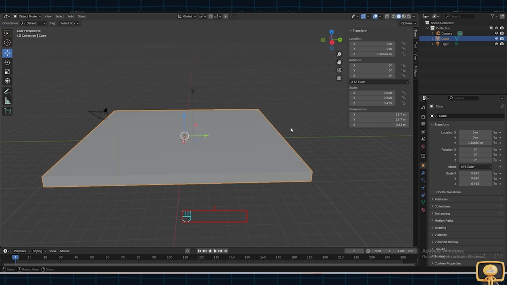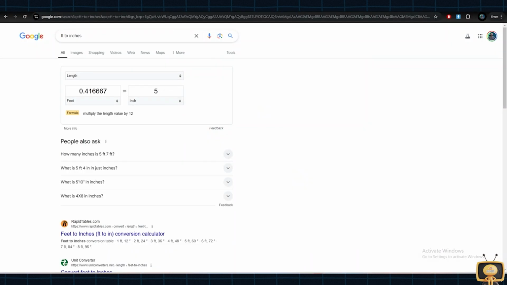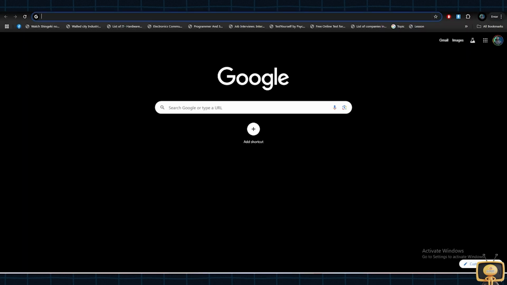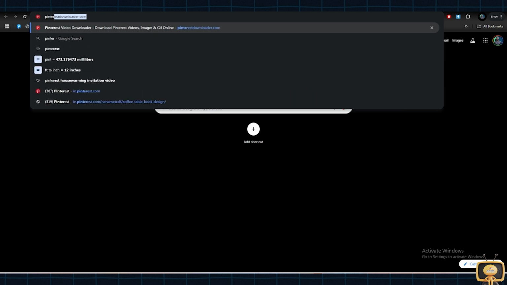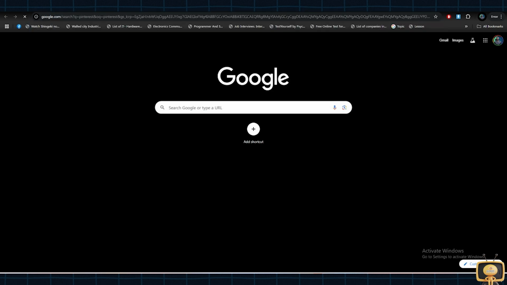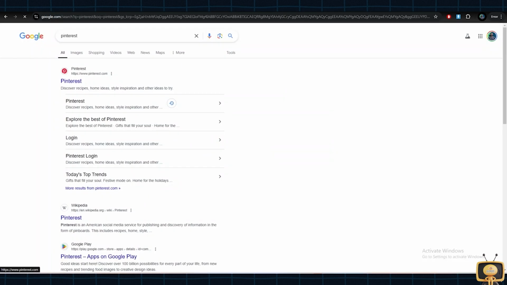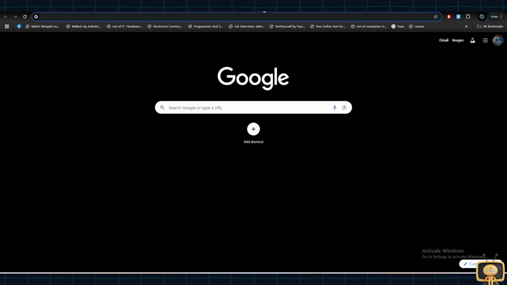Now after the platform, we don't know what to create, so we have to find a reference from which we get inspired and create a stall for our client. So let's search on the internet to get inspired. Let's go to Google and go to Pinterest. Open Pinterest and LinkedIn and search for stall.